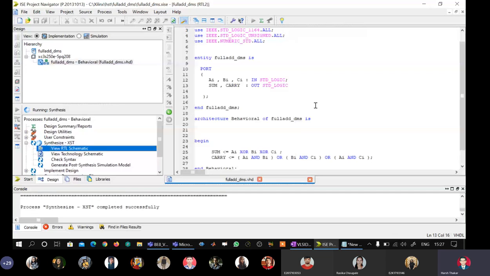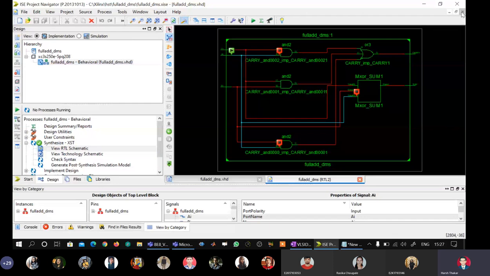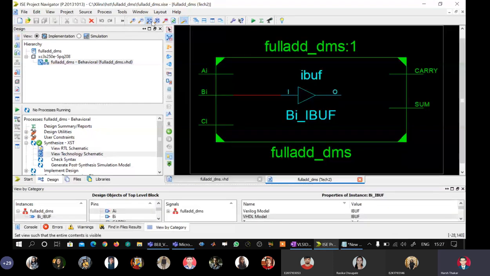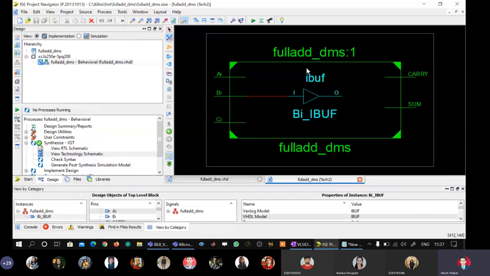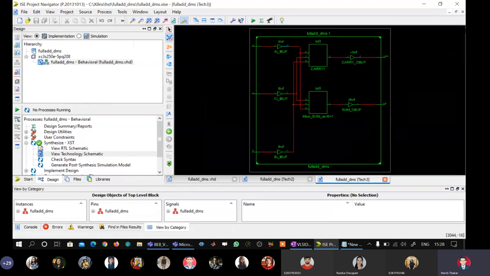You have to wait for the synthesis to get over. Technology schematic, same as before. There's no difference.